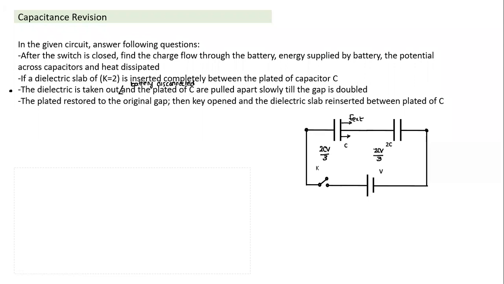Are the two capacitors again connected like in a closed loop? No, the battery is disconnected. So is there a closed loop now? No, sir. But charge can still flow between those two isolated. Okay, that's the point I was coming to. If this circuit is not there, can the charge on these two capacitors change? So this has charge plus 2CV/3, and this also has charge plus 2CV/3. If I change the separation between these plates by distance d, will the charge change? That is the question.